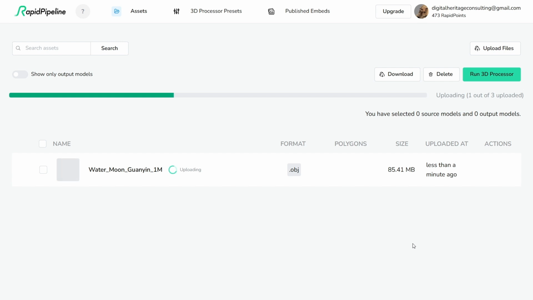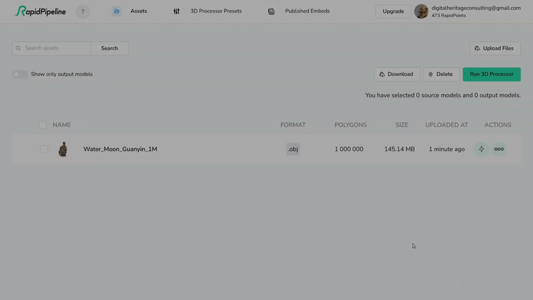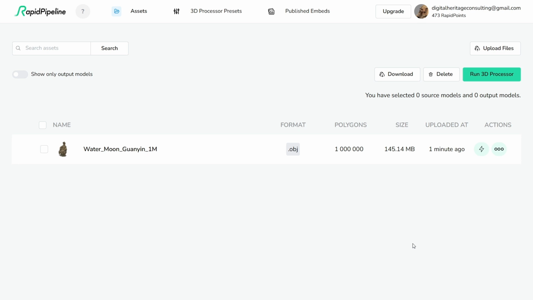And once the files have uploaded, RapidPipeline will begin analyzing them. There we go. So uploading the file took about a minute or so, and then analyzing it took about 15-20 seconds. So now it's ready to be optimized. And you can see that RapidPipeline has grabbed a number of polygons and then output kind of the total file size for this asset. So once you've uploaded your file, you can select it and then click this Run 3D